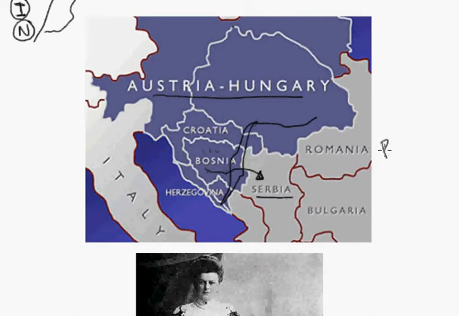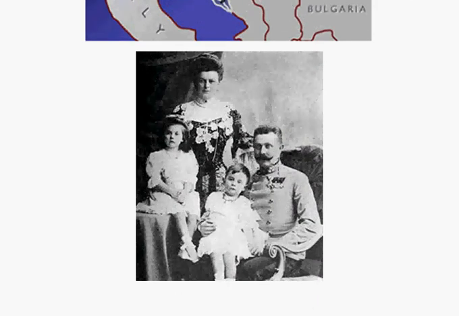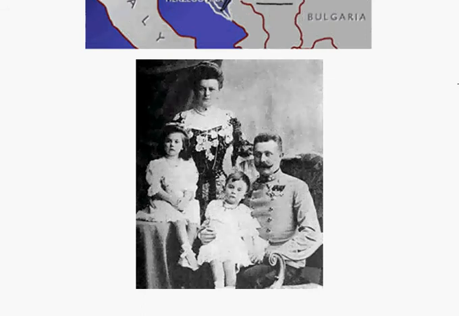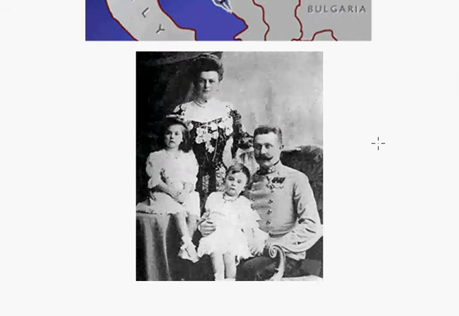And there's an organization called the Black Hand that is a terrorist group that is willing to use violence in order to get Bosnia to join Serbia. And this is going to happen with the assassination of Archduke Franz Ferdinand. Here's Archduke Franz Ferdinand. That's Sophie, his lovely wife, and then this is also Sophie, their daughter, and Maximilian right there. A little bit of a love story that I want to give because I think it's pretty important to show that this assassination is more of an excuse for Austria to pick a fight than anything else.